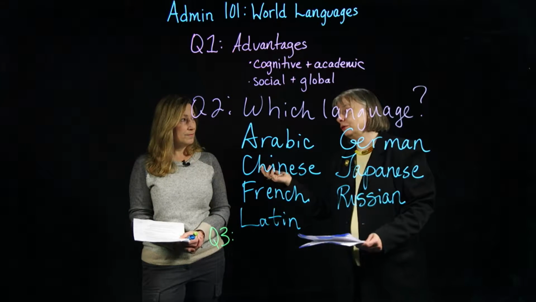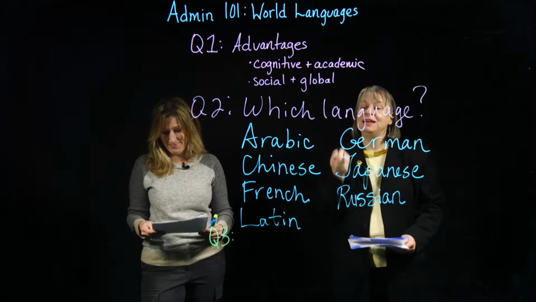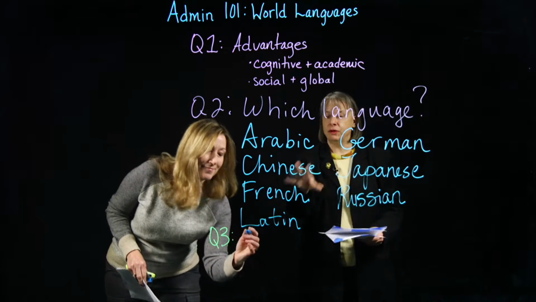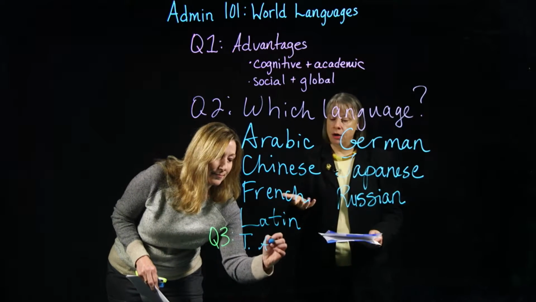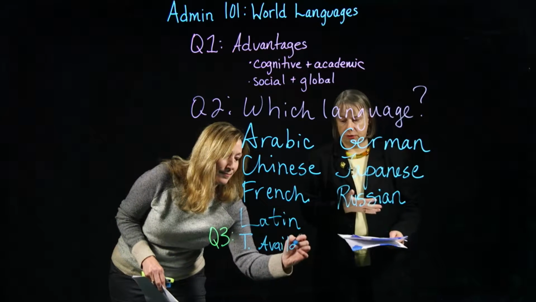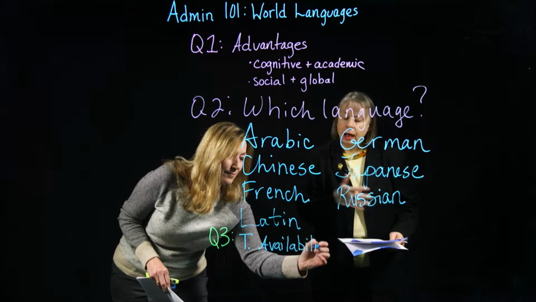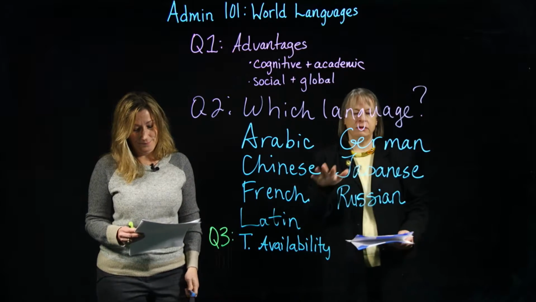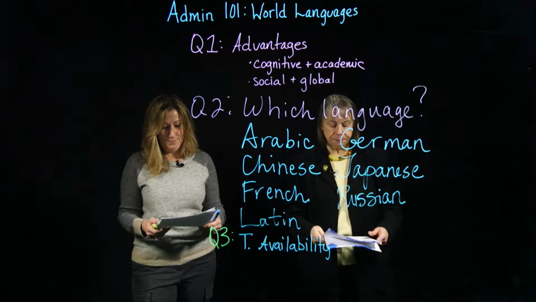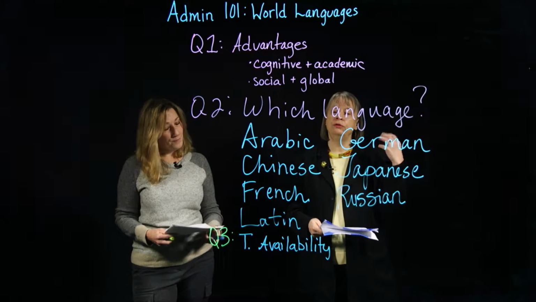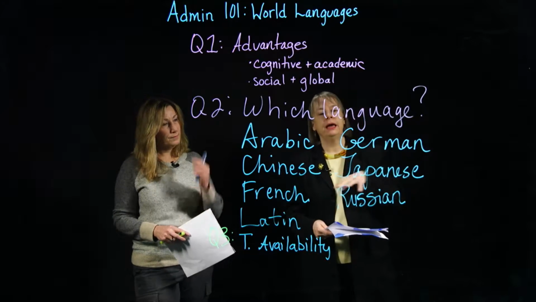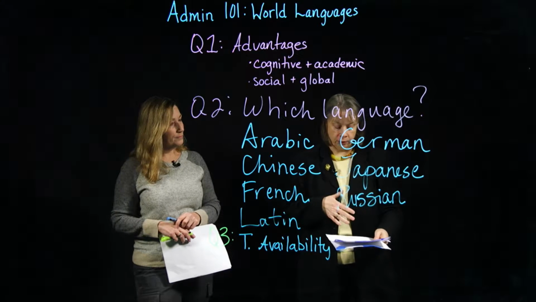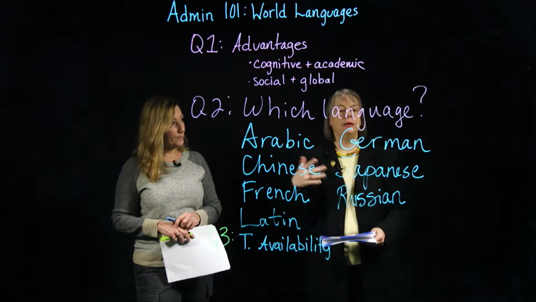But of course, the third question is, can I find a teacher? What's the availability of world language teachers of these various languages? Because we obviously are concerned about having quality instruction in the language, not just simply a speaker of the language, because speaking a language and teaching a language are two very different things. So where do you start? Well, you start by looking at which universities in the state and or surrounding region, depending on how far you want to draw your boundary, have accreditation programs and in which languages.